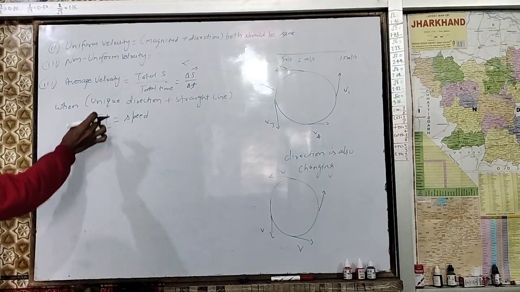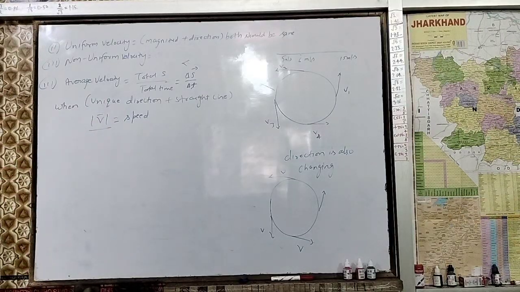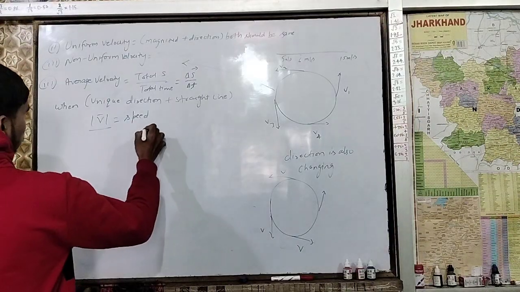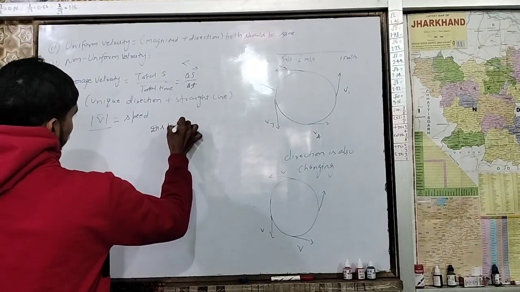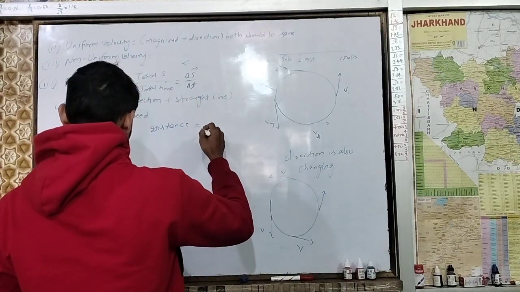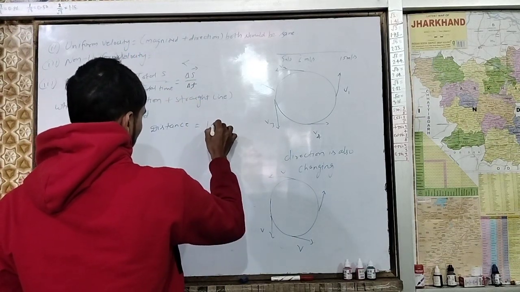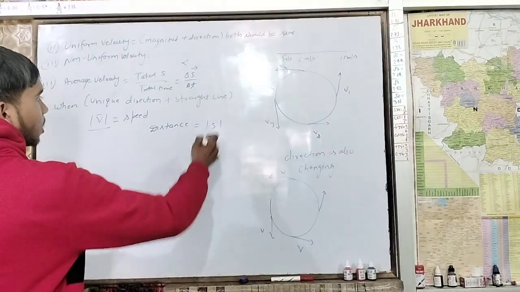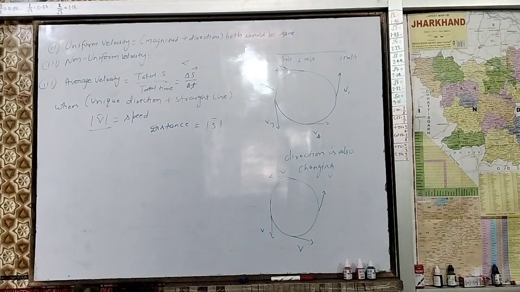And over here it is just a line, which is a hint of magnitude, because distance is equal to displacement. Displacement has a magnitude, not a direction. Clear? Not having a direction. Now let's take